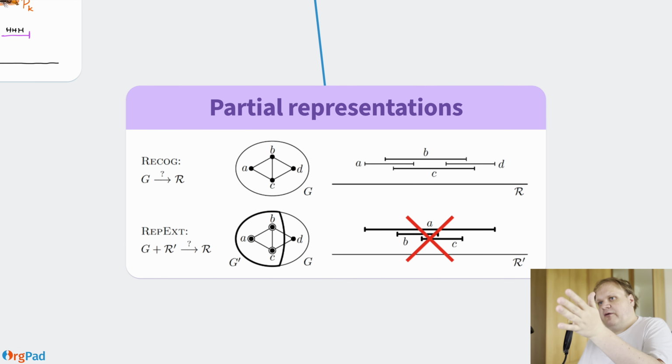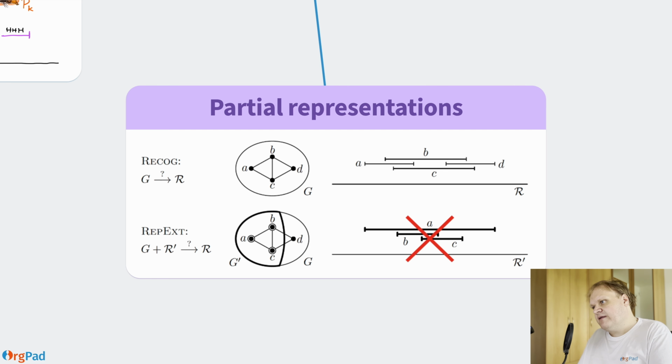I ask about a different problem where we also are given some intervals by the input. So positions of some of the intervals are already fixed for us and we cannot change them. And the question is whether we can add the remaining intervals. And in this case, the input graph is an interval graph, but the partial representation is so bad that we